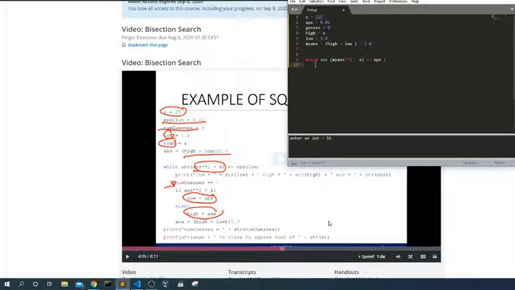So if it's like this, print this is the square root of x, and we're going to write my answer, I think.